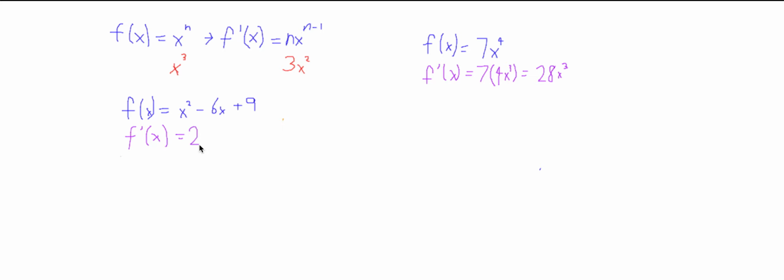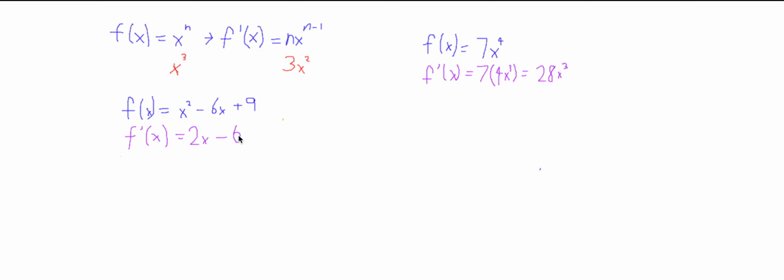So the first term will have a derivative of 2x minus 6 plus, now since 9 is the same as 9 times x to the 0 power,